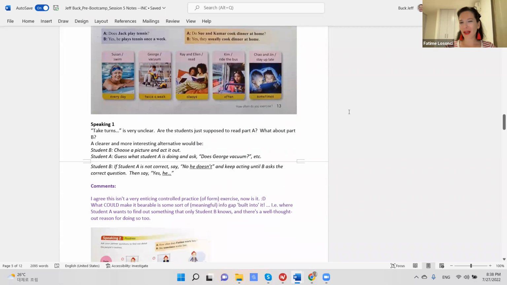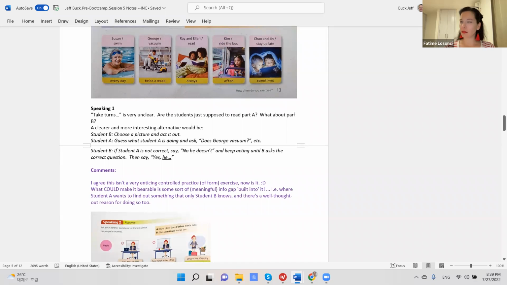Yeah, so why would anybody do this? I mean, it's such a dead exercise. And again, it doesn't resemble real life communication. So even if it's a control, and I agree, so to be fair, writing good controlled practice exercises is hard exactly because they tend to be the hardest to write in communicative terms, but you could still make